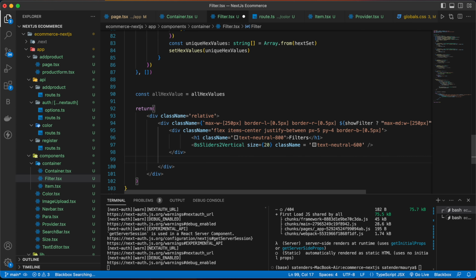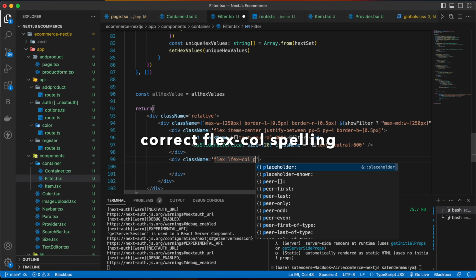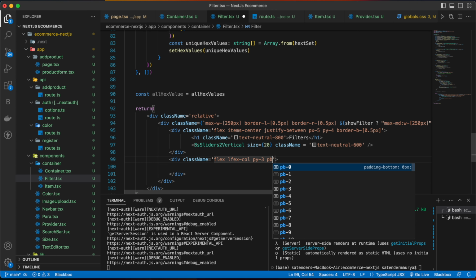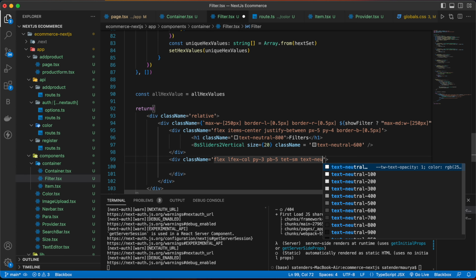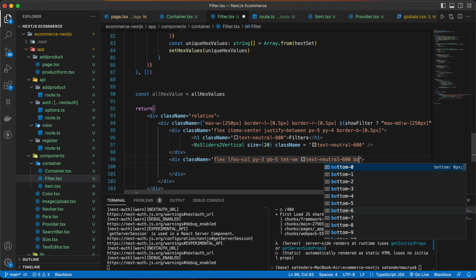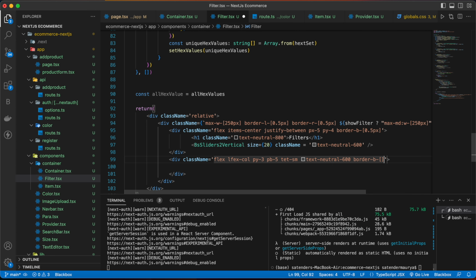Now below this div, make one more div, the class name of flex col, py3 pb5 text sm, text neutral 600 and border bottom of 0.5 pixels.